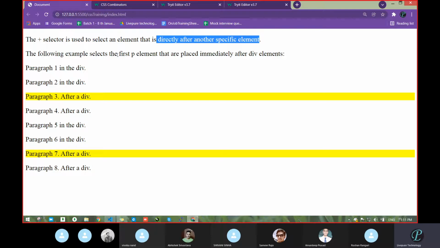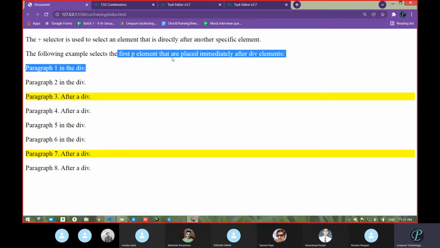The following example selects the first P element that is placed immediately after a div element.